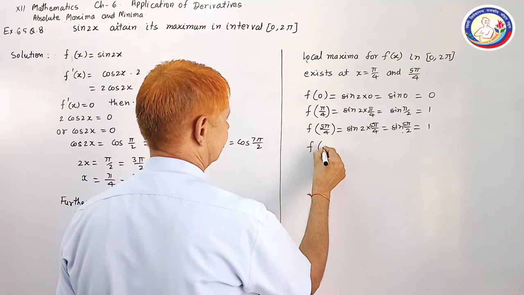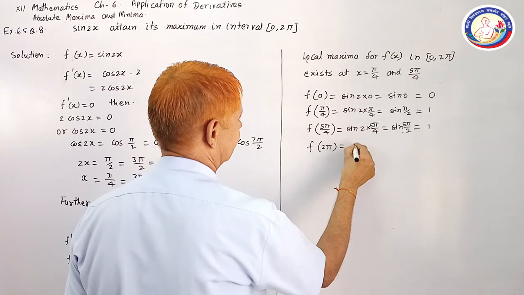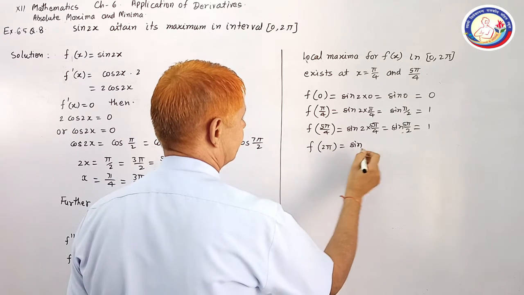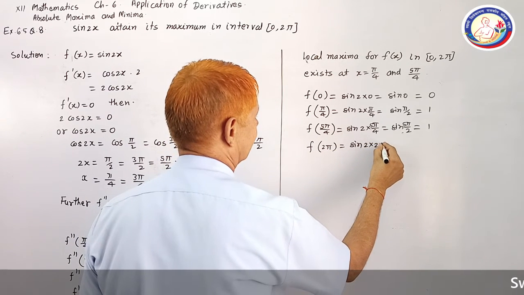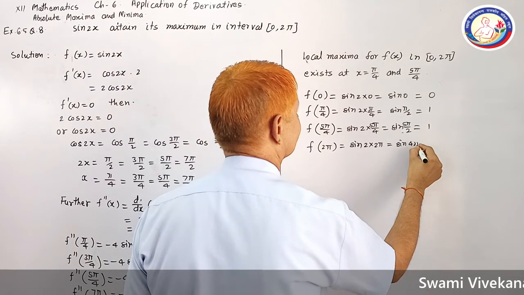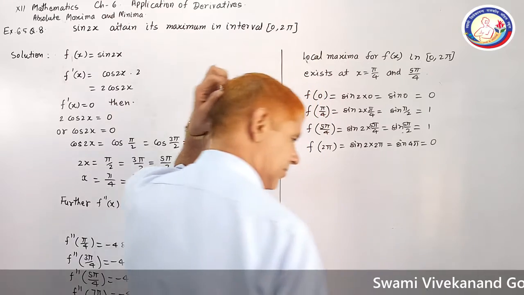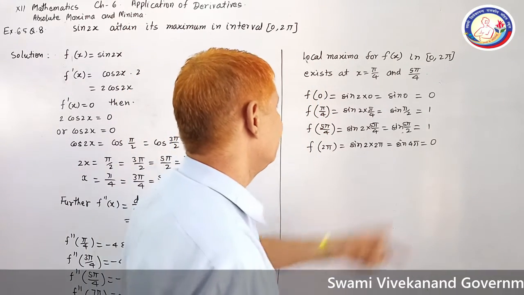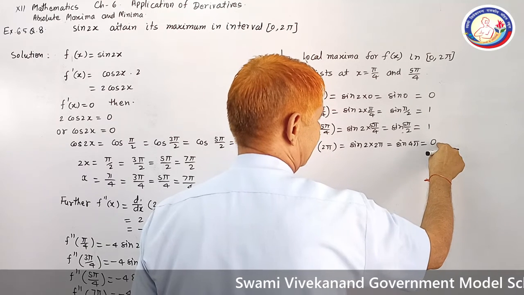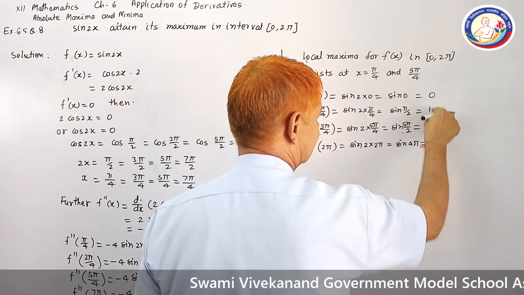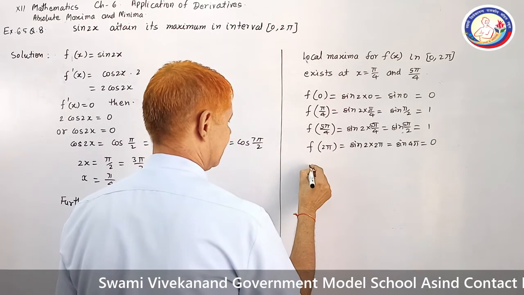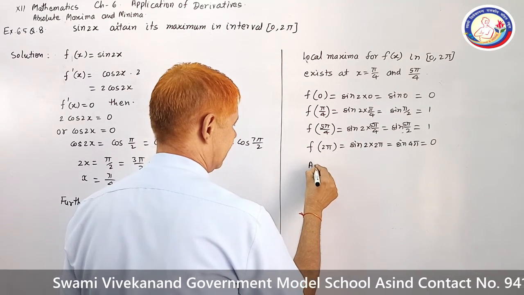Now 2 pi, and that is 0. So this is not maximum, and here it is not maximum. Maximum value is at pi by 4 and 5 pi by 4. So as a conclusion,